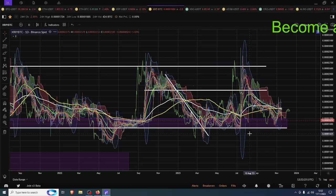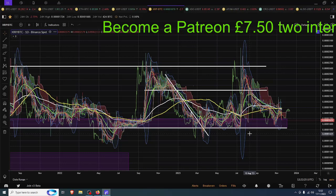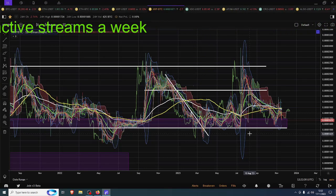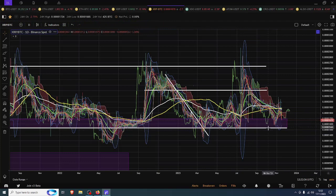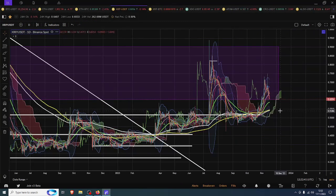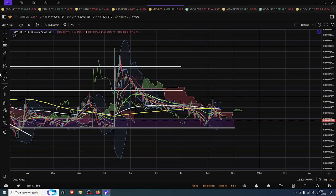When we're talking about risk to reward, flipping some Bitcoin into XRP, or just buying some XRP in the hope, based on the technicals, that it will outperform Bitcoin, at least in the short term, this is where it starts. Now, recognize obviously we're still pulling back down into this level. We're not there yet. There's another 10% drop for it there, and this is not the bottom zone either. This would be another 8% drop,